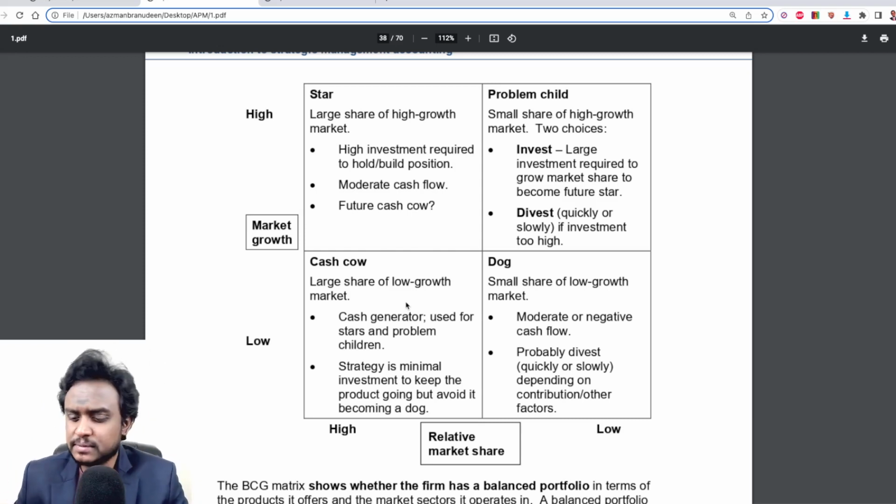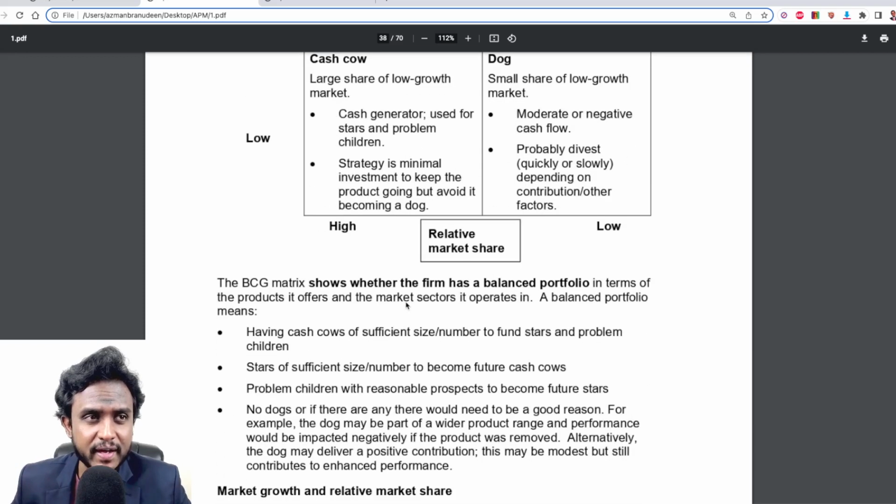while it does hold that position. So similarly, for each of the products that you have and each of the areas, the problem child, dog, cash cow, and star, you should be able to strategize and come up with what to do, how to respond. Because with a problem child, you would really want to push it further. You would want to convert it to a star or a cash cow. With a dog, you might even think of divesting, moving away, abandoning the product. So you want to be able to make these decisions fast, in a way that is value adding to your